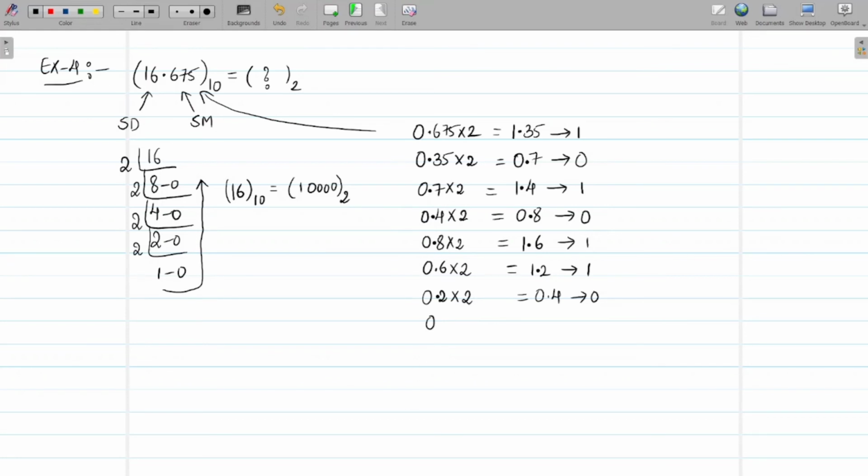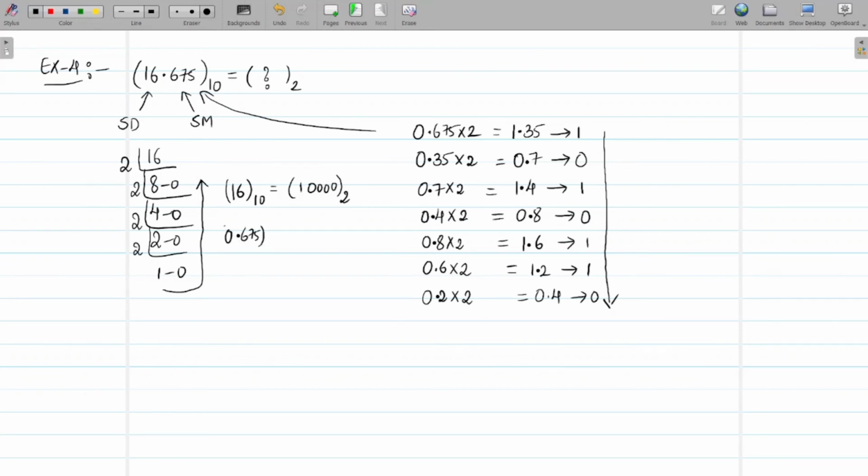Okay, so we want to stop here because this multiplication is getting repeated and it is not ending anywhere, and I need this much accuracy. If you want more accuracy, you can consider more multiplications, but I want to stop here because this multiplication process is repeating again and again. And in order to write the equivalent binary value, you need to move in forward direction. Hence